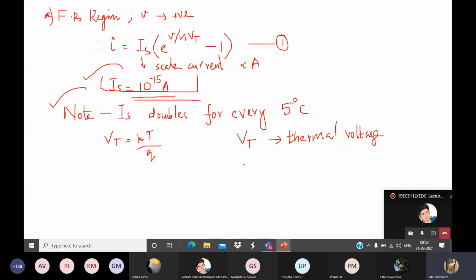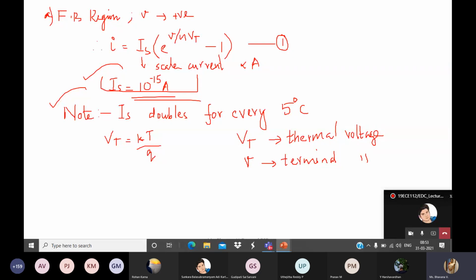Vt is the thermal voltage. And already I mentioned what small v is: terminal voltage. So Vt is the thermal voltage and it is related to temperature by the equation Vt is equal to KT by Q, where